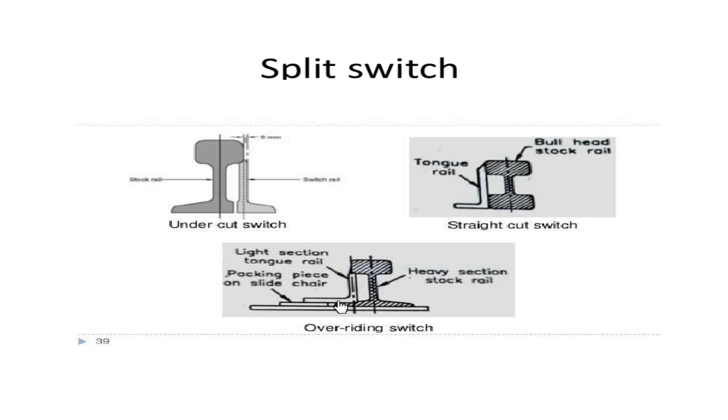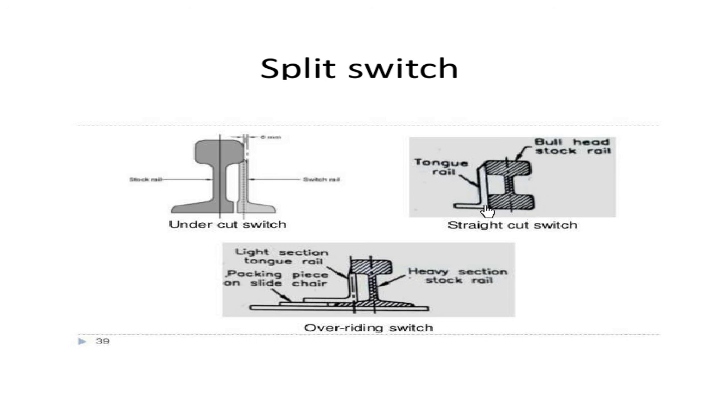Now coming to the straight cut, you can see over here, this is basically used for double-headed or bull-headed. You can see the figure as double-headed. This dimension is same as this dimension. So this is useful for bull-headed as well as double-headed. If it is double-headed, then this portion and this portion will be same. If it is bull-headed, then what will happen? This will be having a larger dimension compared to the bottom portion.